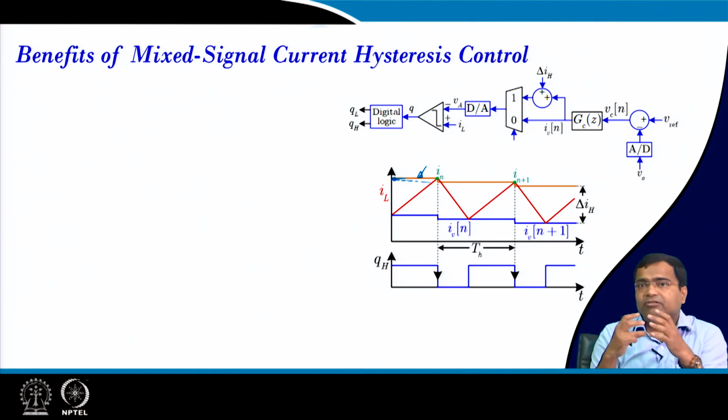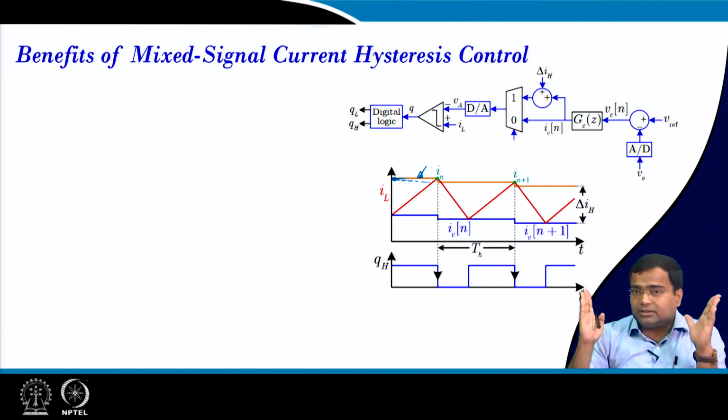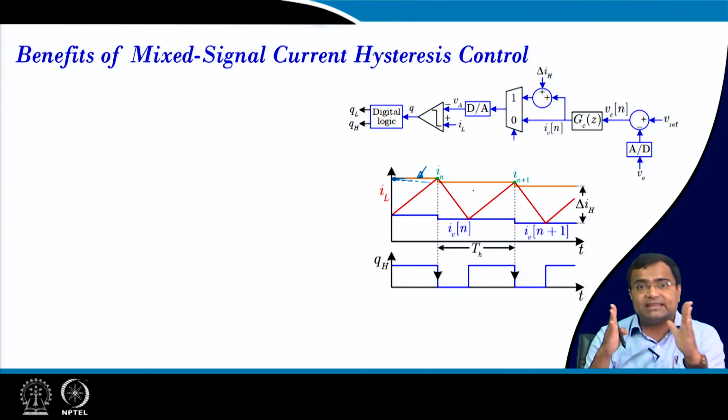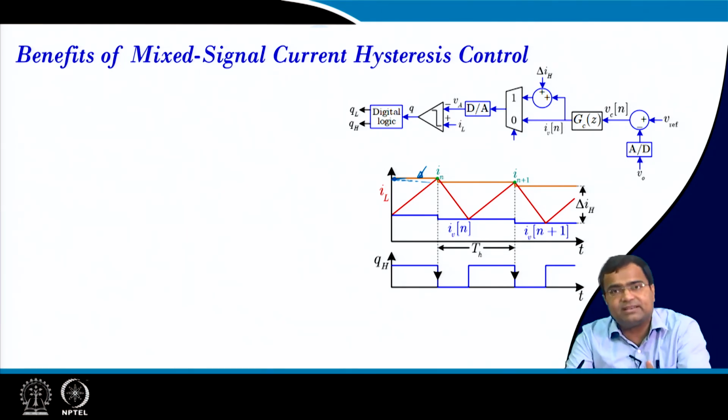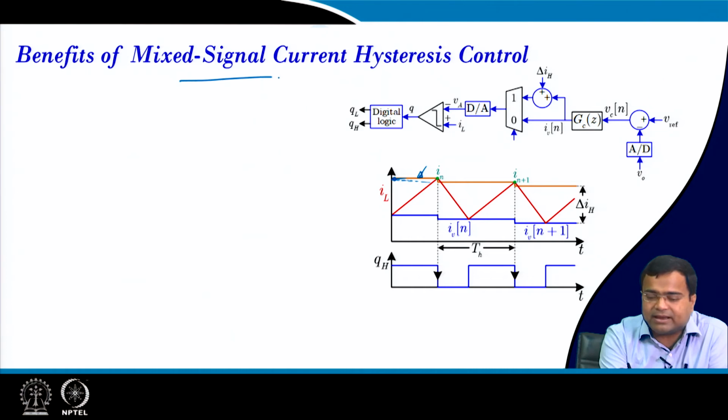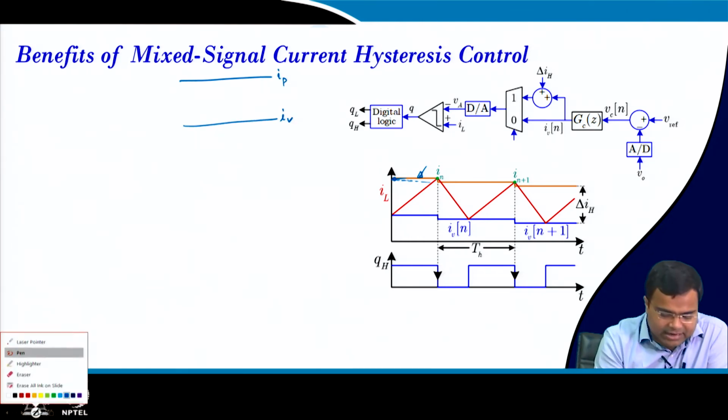So, your peak and valley values will remain constant and the inductor current will simply follow that path. The only concern is that you have to ensure the cycle-by-cycle stability is retained. Then at steady state these two will be fixed. That means it will look like a peak here and a valley here, and the current will simply